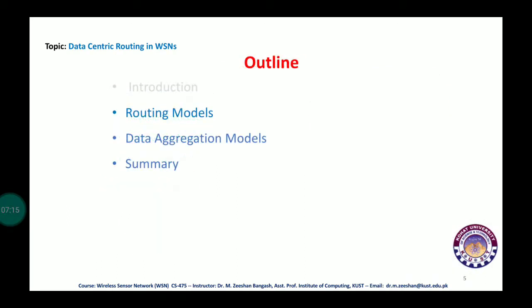Now let's talk about some of the routing models for wireless sensor networks. As we know, routing in a sensor network is very challenging because of some of the characteristics that distinguish this specific type of network from wireless ad hoc networks. That includes the number of sensor nodes, which can be several orders of magnitude higher than in ad hoc networks. So these characteristics, because of the bulk deployment, make it a distinct type of network from wireless ad hoc